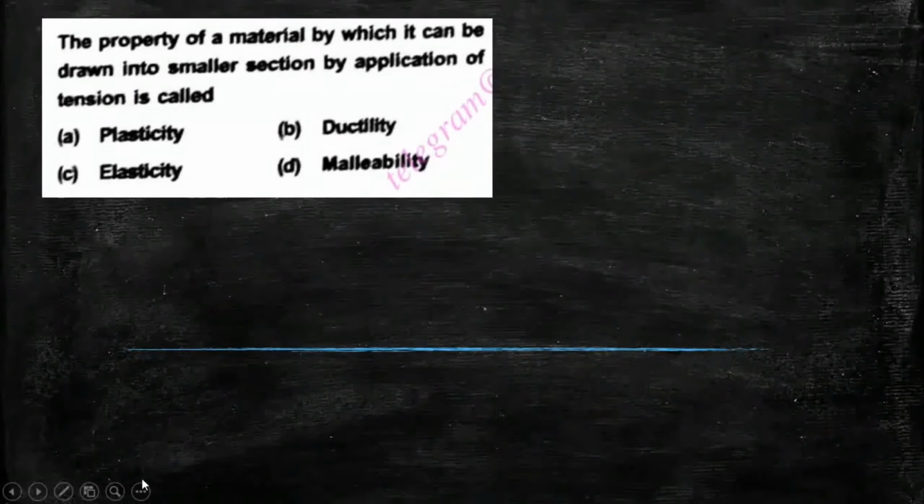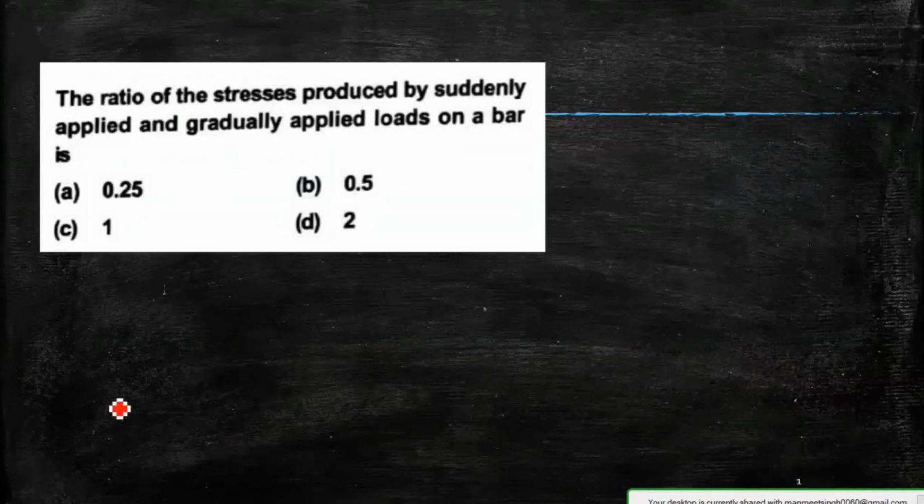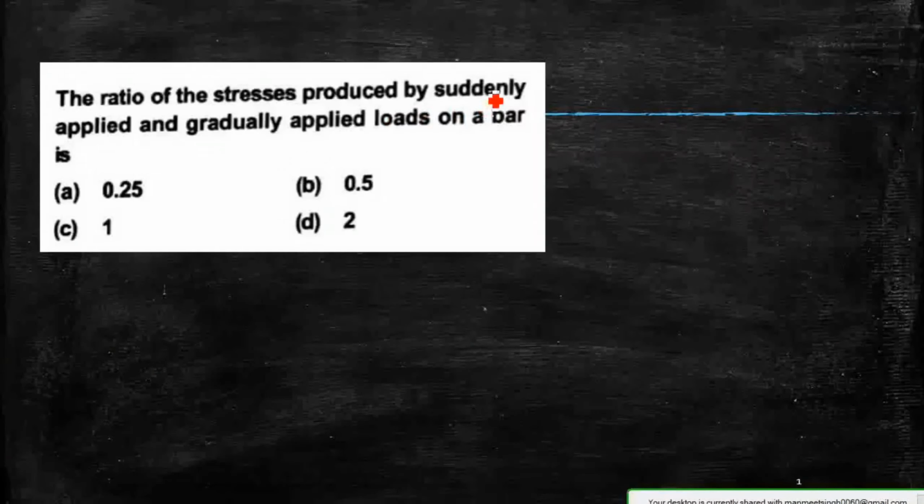Today's video I will be discussing with you a few of the repeated questions of strength of material for AJE exams. So let's start the video. So the first question, let me turn on the pointer pen. The first question is: the ratio of the stress produced by suddenly applied and gradually applied loads